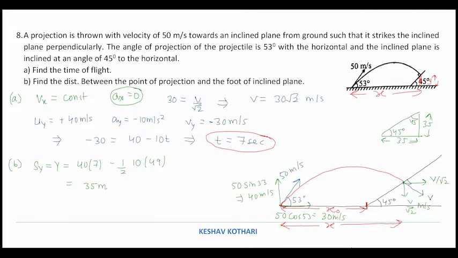So now I can clearly say that the displacement along x-axis, which we consider as total x, is equal to x naught plus 35, where this is x naught and this is total x, where we are adding 35 to this. And this is equal to, along x-axis, the velocity 30 into 7, that is 210 meter, and from here we obtain that x naught is equal to 175 meter. So this is the answer for the second problem which is asked. Let us move to the next problem.